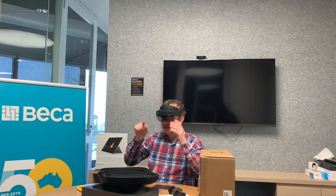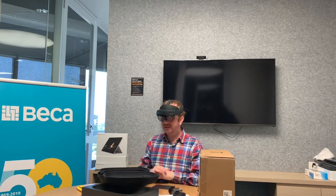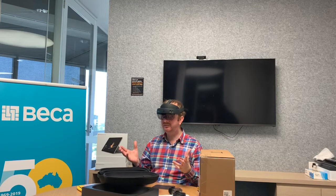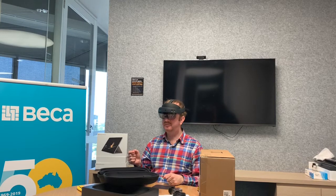Now, what it's doing is it's adjusting itself to my eyes. Keep your head still and follow the gems with your eyes. So we'll see how good the eye tracking is. So the HoloLens, the actual holograms themselves are really good, high quality, even in a relatively well lit room like this. So yeah, she's now testing my eyes, and I'm looking at various different parts of the screen to calibrate the